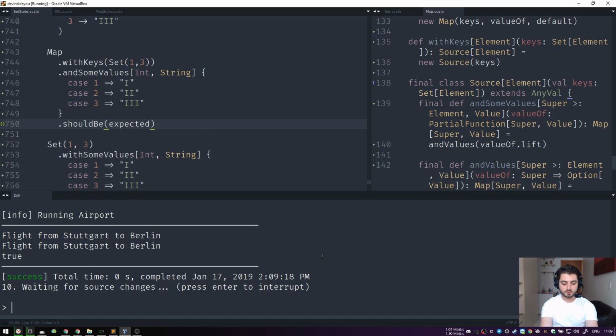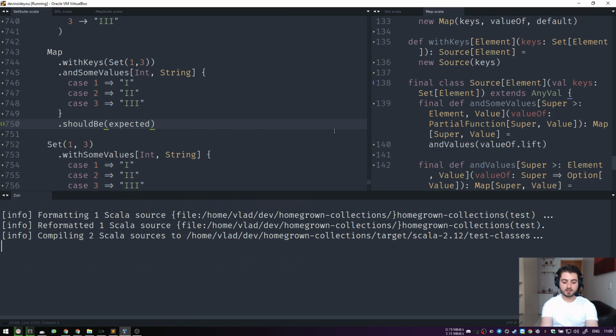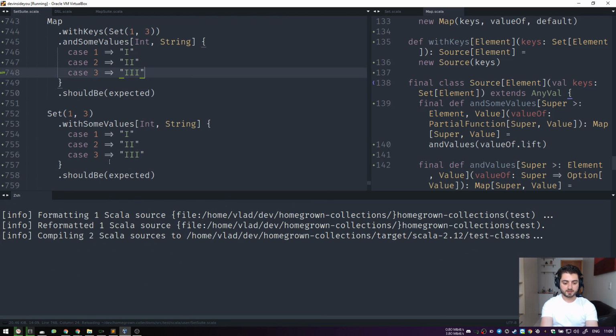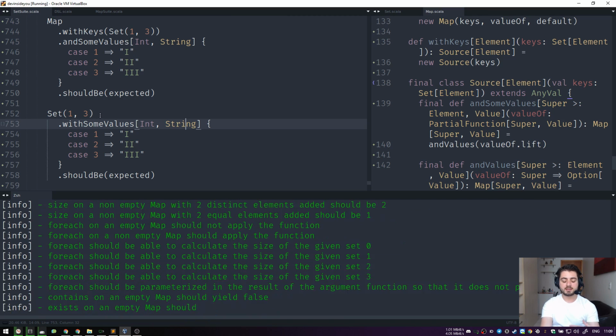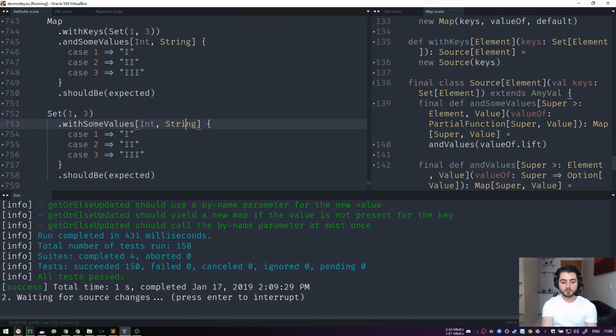And maybe we should actually switch back to running the test instead of the main method over there. All right, so now everything is reformatted. So this is a different DSL. We can do set 1, 3 with some values, or map with keys and some values. In fact, we'll remove this one for now. The cool thing that we sort of accidentally gained by this DSL is that the parameter element is not